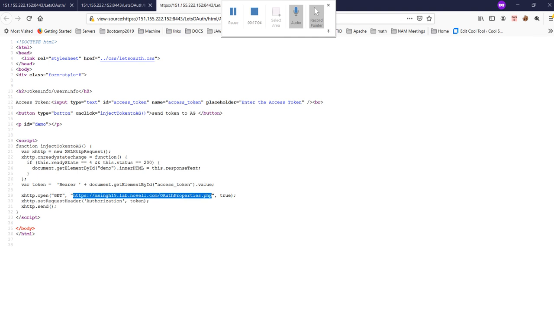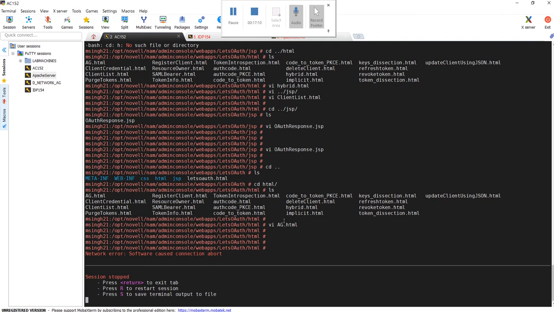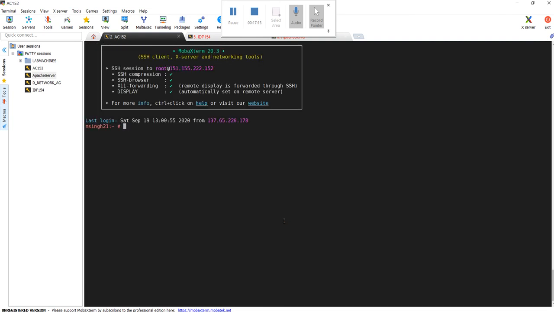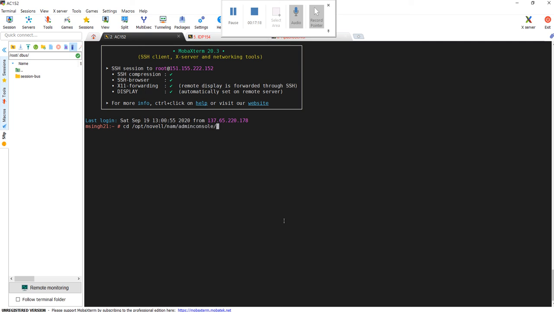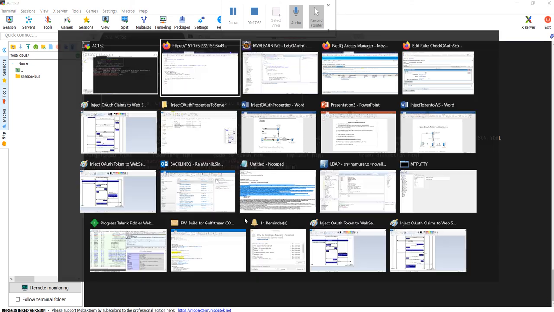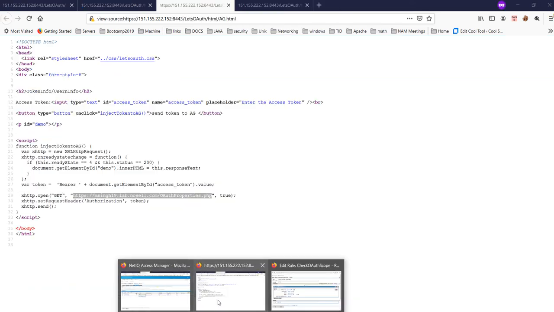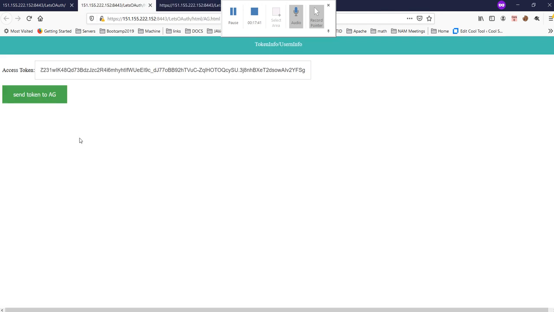You can go to the web apps, auth, ag. Here ag.html is the page where you need to put this information. Once you put this information and try to click send token to AG,